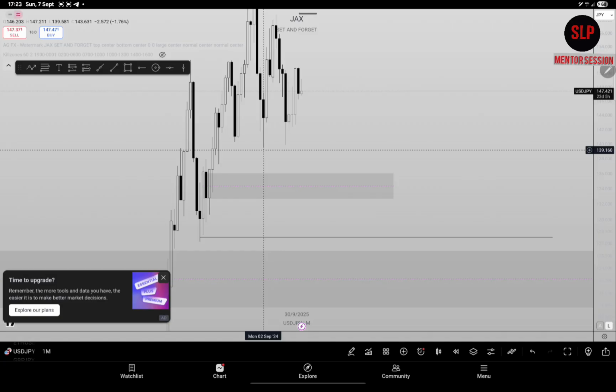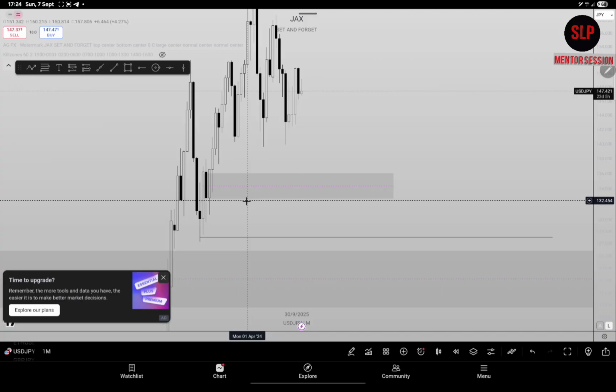Let me step out to a higher time frame, see if it's just a liquidity takeout, and where the point of interest is that is going to continue the actual direction. That's the stuff you need to always ask yourself: where is the point of interest? If the point of interest is far, then you'll start selling to that point of interest because we are day traders, or you'll start buying to that point of interest because we are day traders.